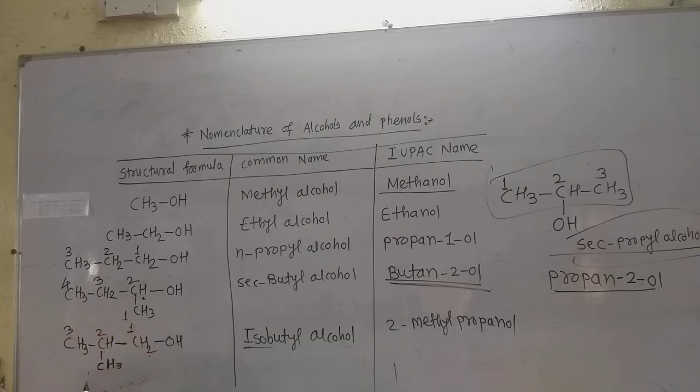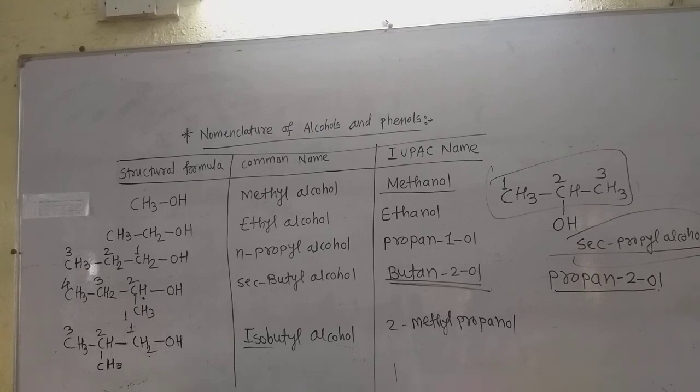Now at the second carbon atom there is the substituent methyl group, and at the first carbon atom there is the functional group OH, that is the alcoholic group. Now the name of this alcohol is given. First write down the number of the substituent and the name of the substituent. As at the second carbon there is the methyl group, it is 2-methyl. And in the chain there are 3 carbons, so the parent alkane is propane. So write down propane. But as the OH group is attached to the first carbon, they do not give the name such as the first carbon is there.